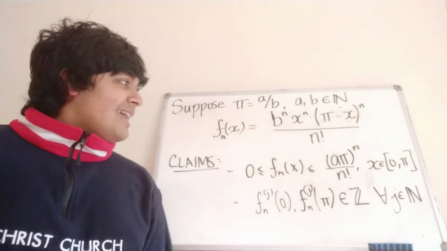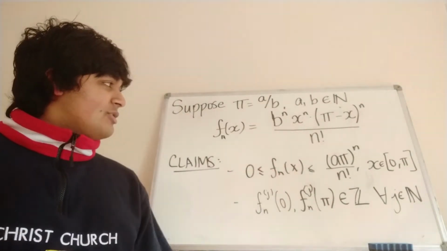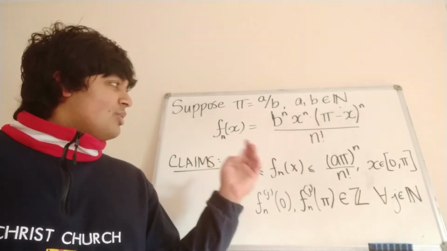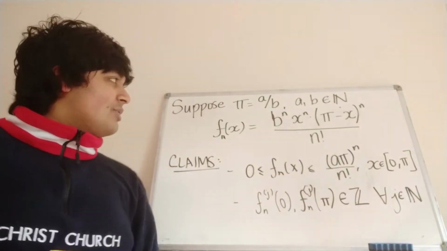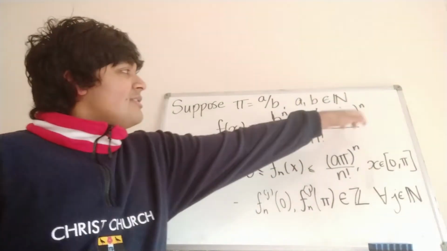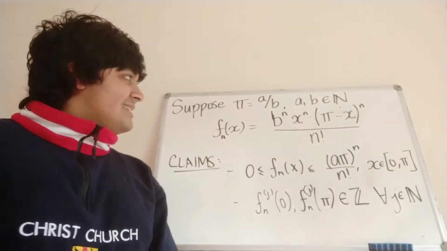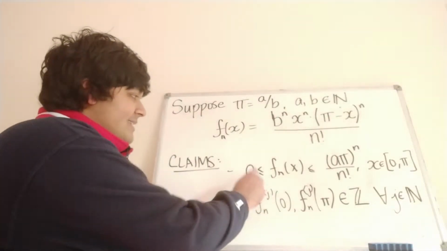That's the important thing. And like with my video on e to the m being irrational, I'm not going to go into too much detail, but hopefully we can just talk through the proofs for these. This one here, in the range 0 to pi, f_n of x is non-negative. Well, that's quite clear because x is non-negative and x is at most pi. So this guy here is going to be at least 0. So we've got a bunch of non-negative terms multiplied together. So that's where we get this inequality from.